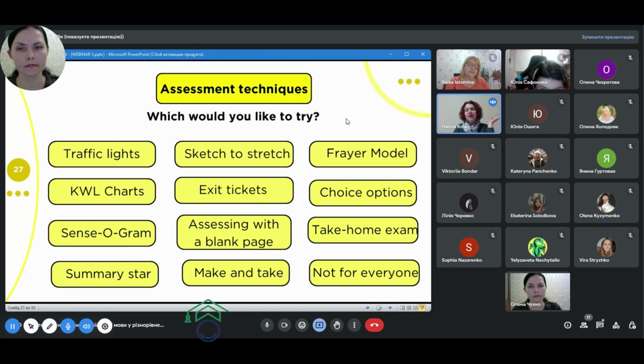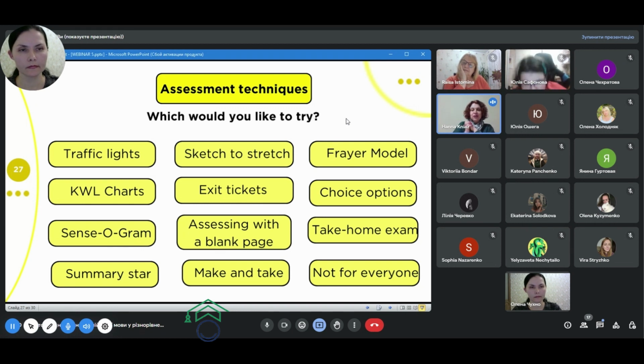You can modify it, being online, offline with some sheets of paper or with some online resources. But it's very easy to get a quick idea of how your students feel about their learning, and it will give you some ideas to reflect on. So, and